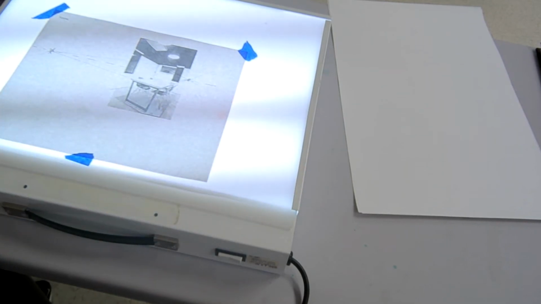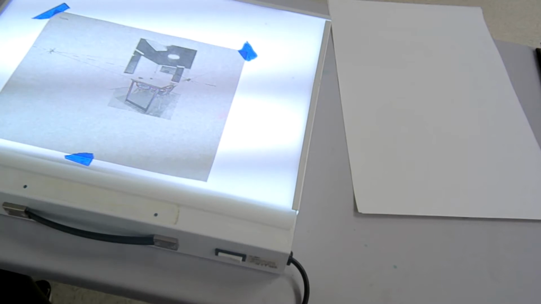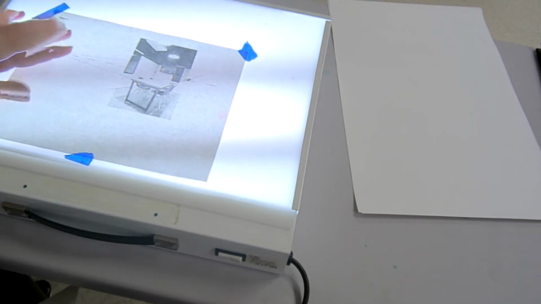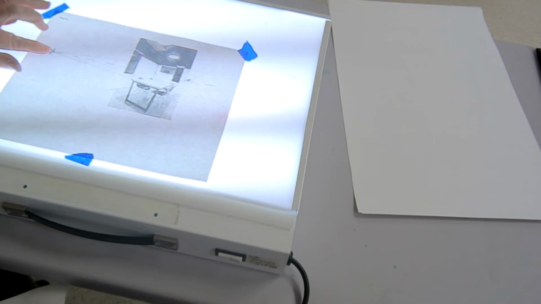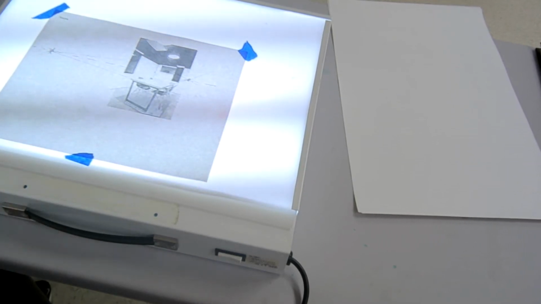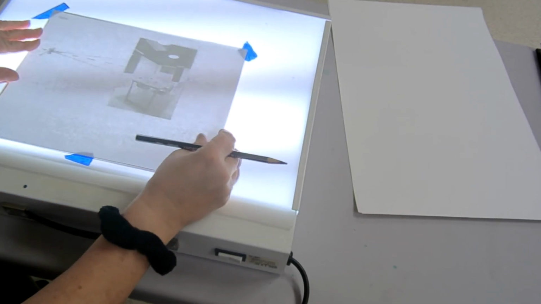What I want you to do after that is take a piece of paper. You get it to this point, and then you print it out. So when you print it out, it's got the vanishing points on there and the horizon line. You're going to take another clean piece of paper after you've printed it, go over that,